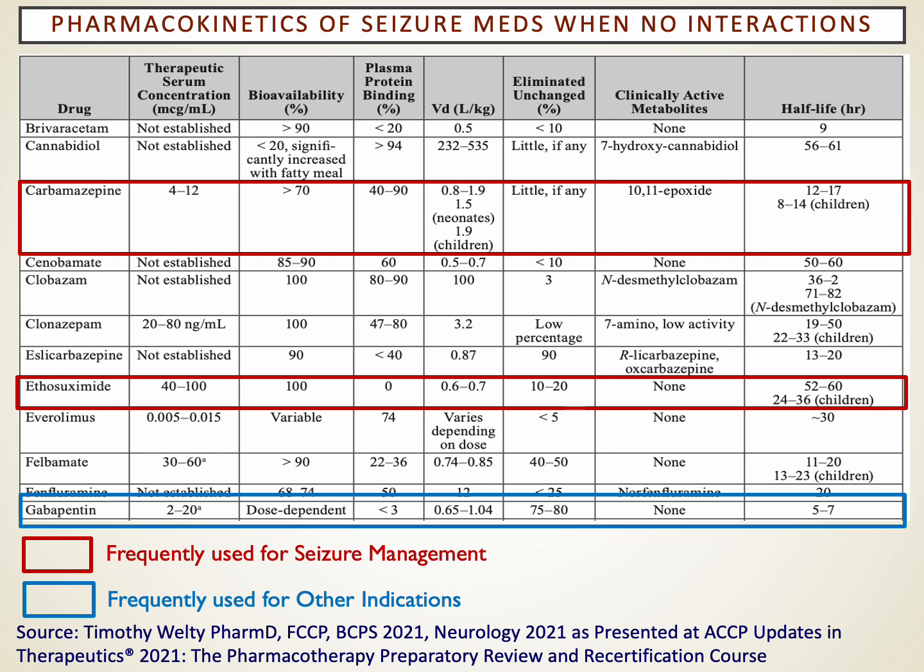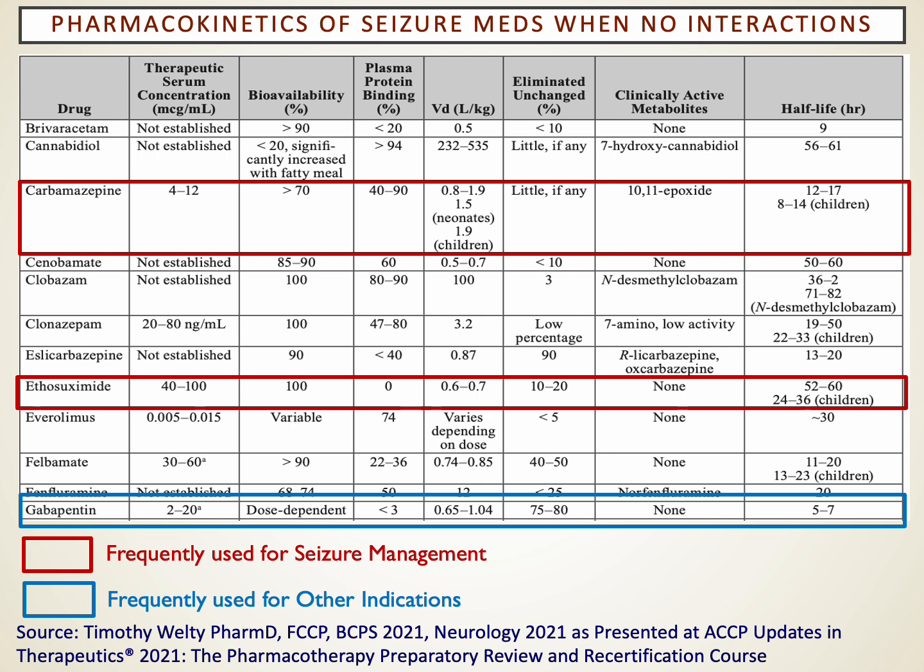And we may have to look at its active metabolite accumulating, causing CNS toxicity. Typically what you'll see is that you have to wait. Its half-life is fairly short, 12 hours or so. But keep in mind that it has auto-induction over time, and in a few weeks you'll have to get another level to see if the levels have gone down by this auto-induction phenomenon.